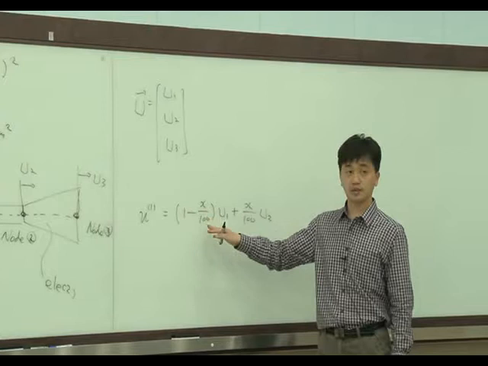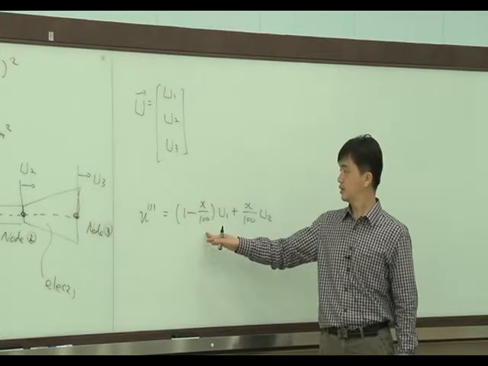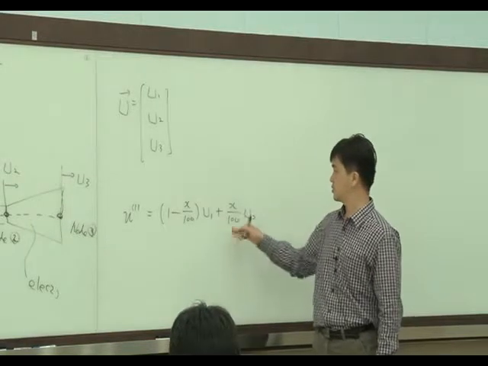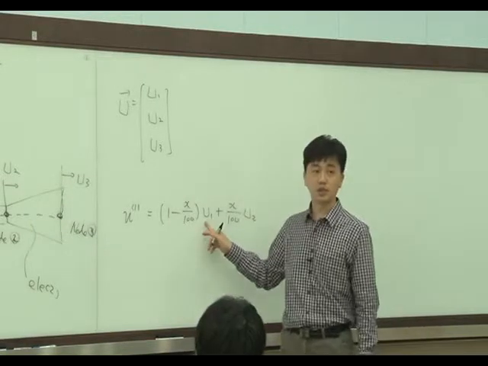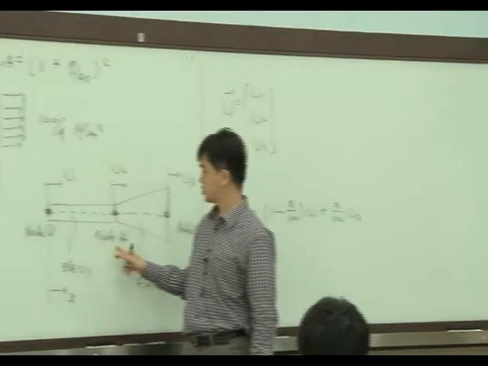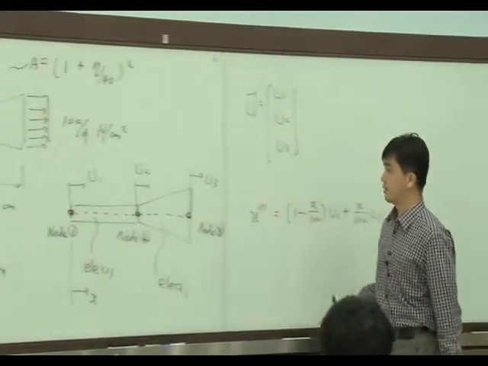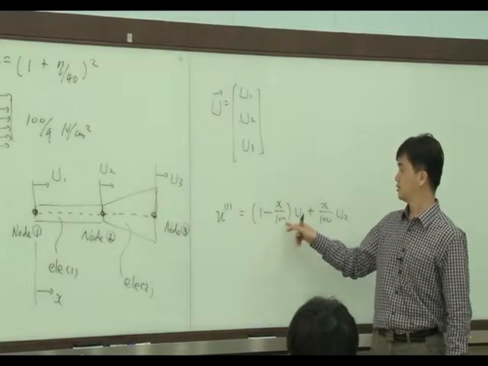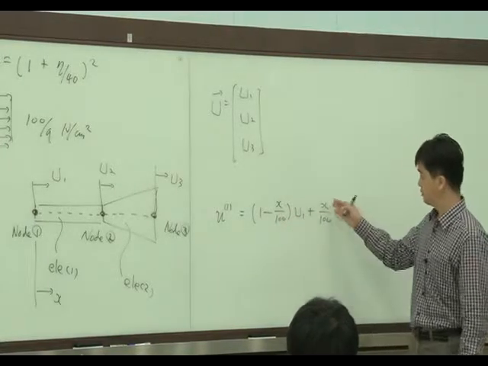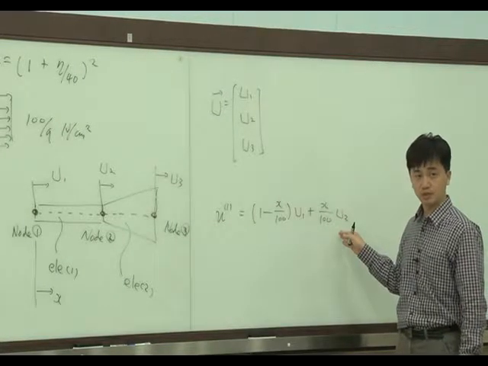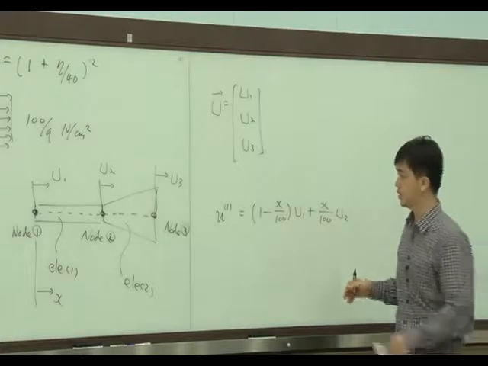What happened? This becomes 0, this becomes 0, so we have only u1, right? So this is correct. How about x equals 100? Then 1 minus 1 becomes 0, and 100 over 100 gives us u2, right? So this is a correct